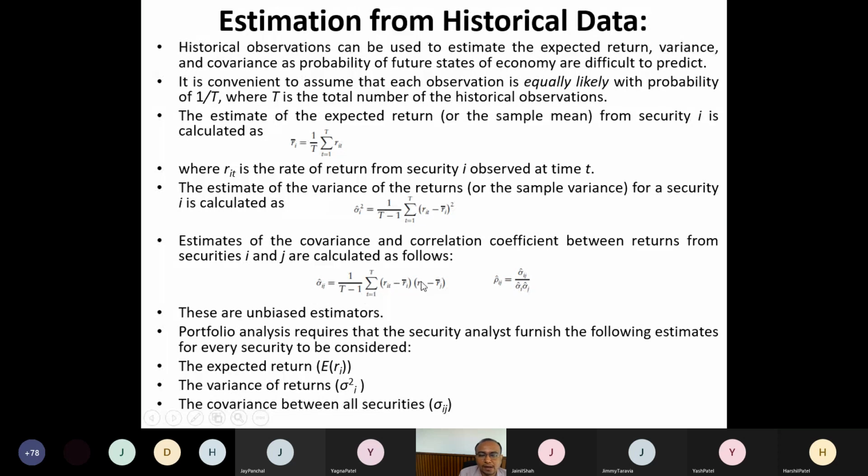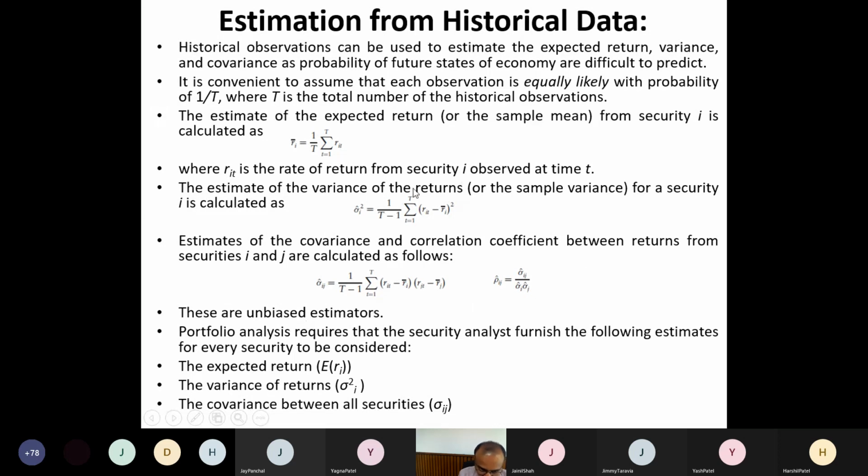Same way we define the correlation and covariance. So the covariance between security i and j is sigma ij cap. It is the estimated value of covariance. Again, it is 1 by capital T minus 1, sigma t equal to 1 to capital T. Why is this variable t? Because we are taking time into consideration. It is past time, and capital T number of past times are with us. So it is sigma t equal to 1 to capital T, Rit minus Ri bar into Rjt minus Rj bar, and the estimated value of the correlation coefficient rho ij cap equals sigma ij cap divided by sigma i cap sigma j cap, and these are all unbiased estimators.